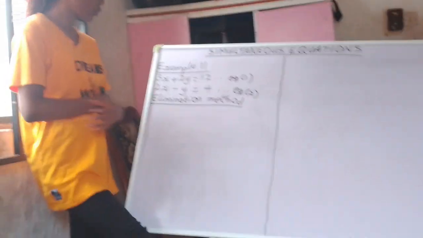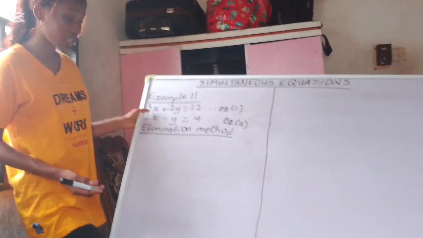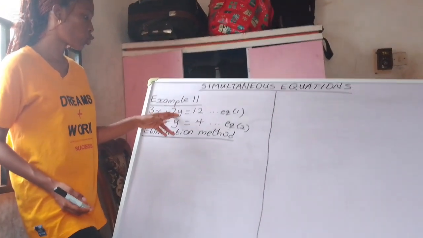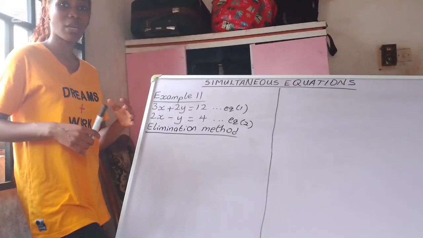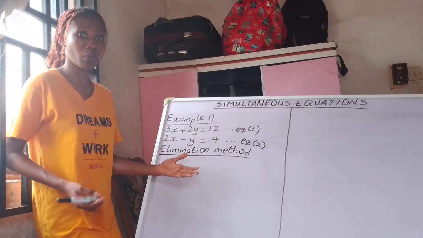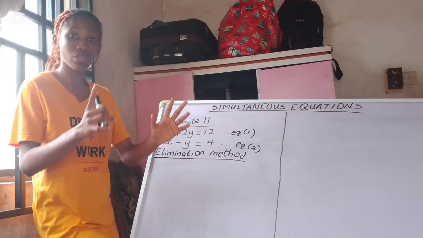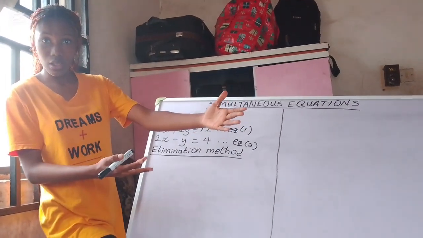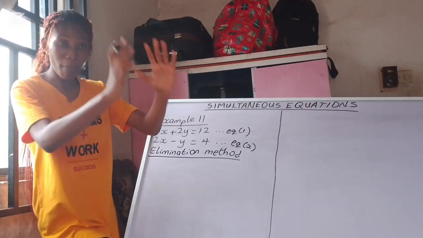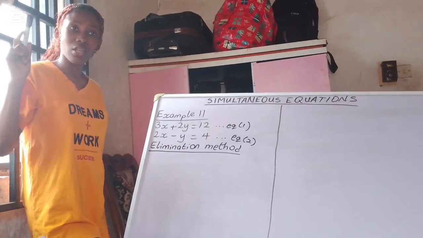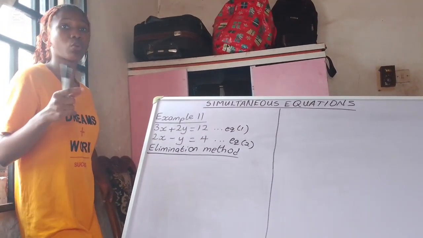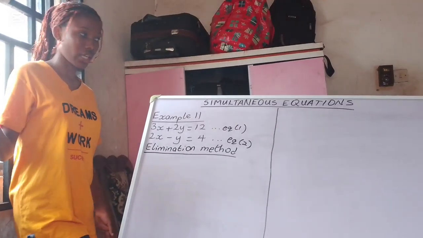Now in this example, as you can see, the coefficients of x and y for the two equations are different. X is carrying coefficients of 3 and 2, y is carrying coefficients of 2 and negative 1. And that means you can't jump into eliminating any of the variables. You have to first of all make sure that at least one, either x or y, has the same coefficient. They can have different signs, or the same sign, but the numbers should be the same. So the first thing we're going to do is to make sure that one of them has the same coefficient